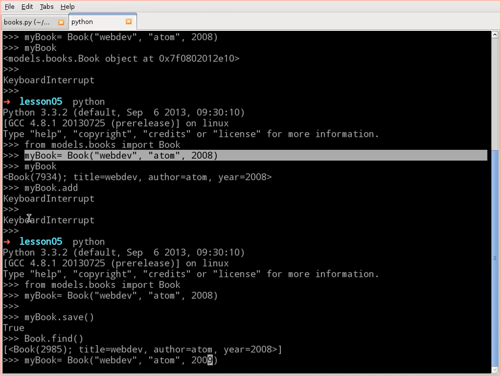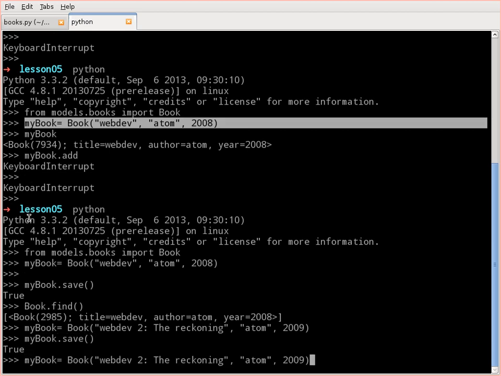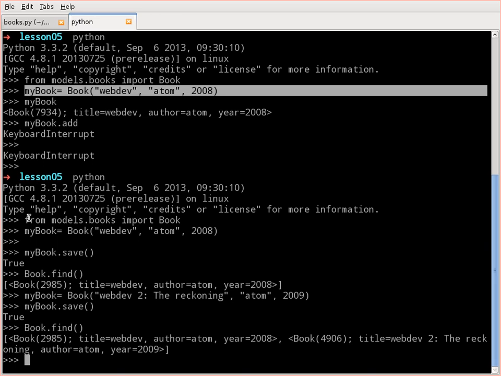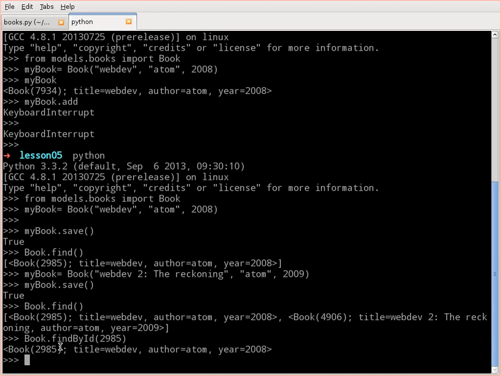Let's say that a year later, Adam decided to write webdev 2. How do you spell reckoning? There you go. Yeah, and then he saved that book. If I do book.find now, I get all the books. And you can see how these books have ID, like this ID is 2985. I can also do find by ID. And I want to give it 2985, and it should just return to me the one book that I'm looking